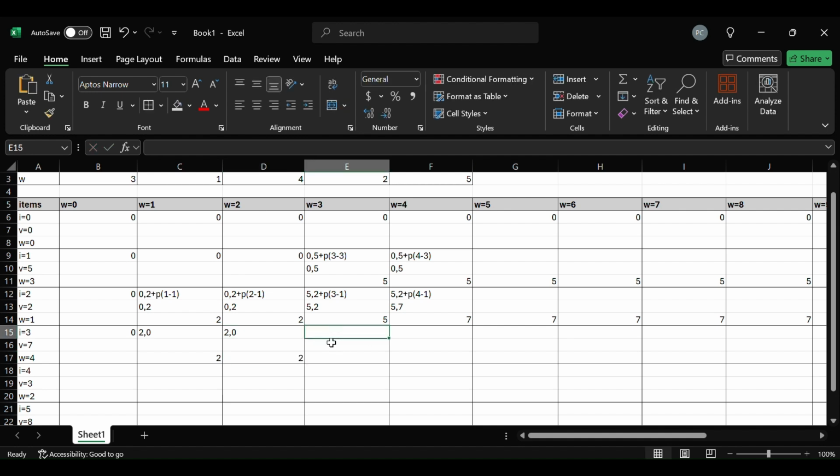Now here, if we did not pick up, the value is 5. Our weight limit is 3, so we cannot pick up this item. So it's between 5 and